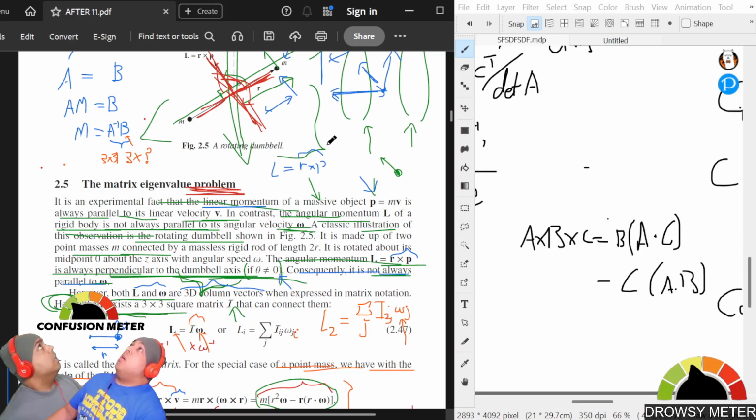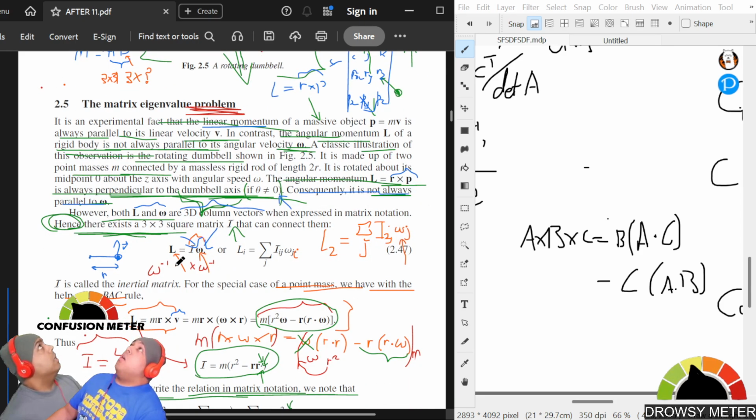How would you write this? You would write this as the determinant of Rx, Ry, Rz, Px, Py, Pz, and you have a 3 by 3. And you can do the same for the omega. Omega is a 3 by 3. Does that make sense? So since both of these are 3 by 3s,